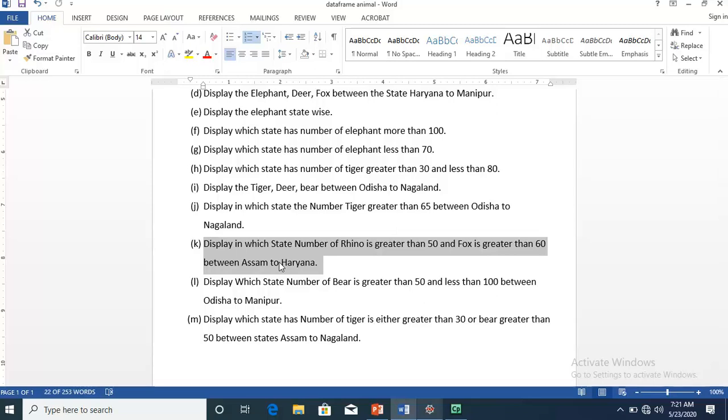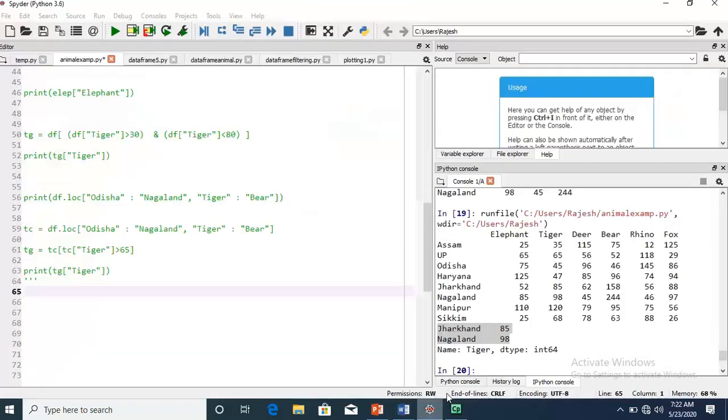Then we have to apply the condition on two different columns, one is rhino and another is fox. Is it okay? So first, we will use LOC or ILOC to fetch the data from Assam to Haryana.